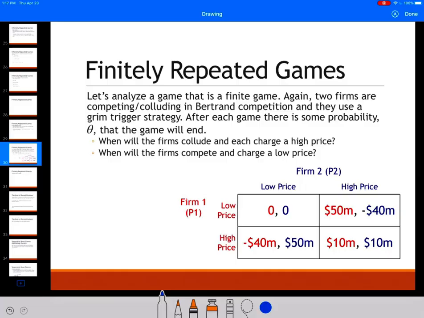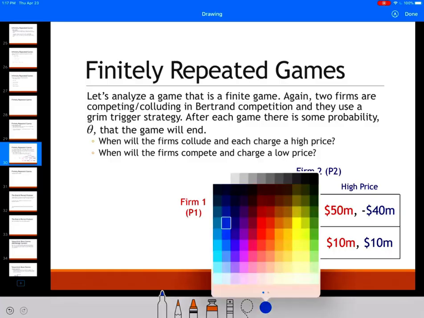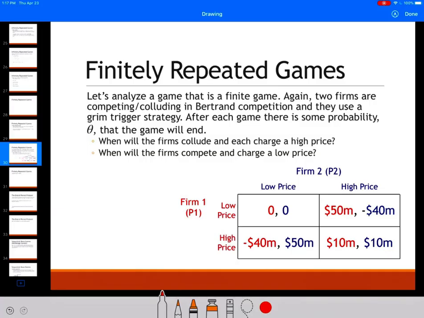This is the exact same problem that we had before, right? We know that our dominant strategies in Nash equilibrium were such that firm 1 has a dominant strategy to do low price, and firm 2 has a dominant strategy to also do low price, right? So we've gone through this game before. We know this is our Nash equilibrium and so forth. So the question is,